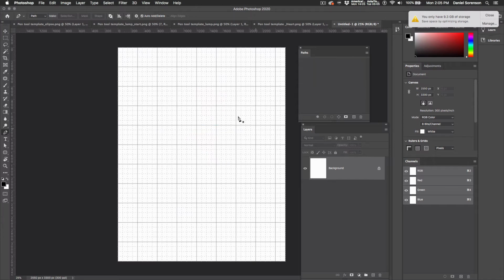Let me try it again here. I'll click and drag out. Click and drag out. Now I'm going to hold down the Option key. When I hold down the Option key, that lets me separate this direction handle from this one, and I can pull it around over on top of the other one. That's going to make the curve go this way. So I'll drag it out. Option click, bring it over on top, drag it down. Option click,